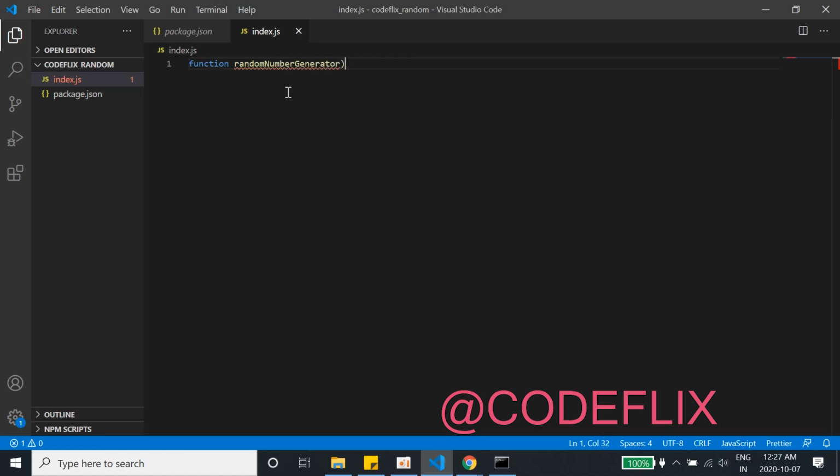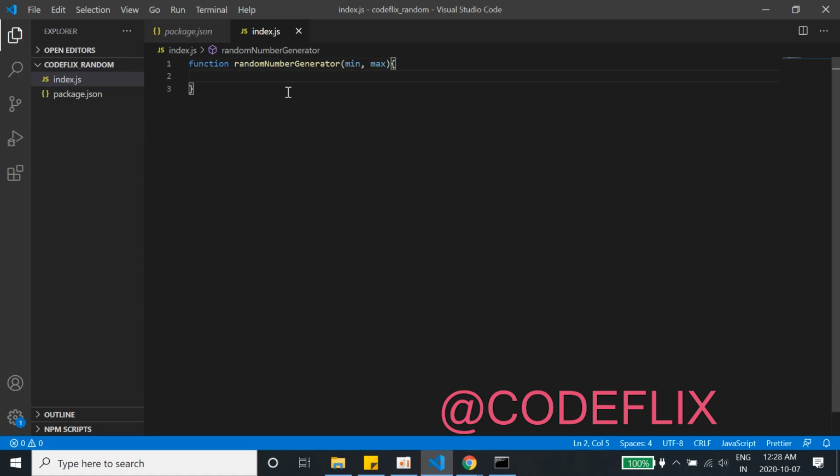Then we'll give two parameters, min and max. So let's say if the user passes 0 as the minimum and 100 as the max, then we should give random numbers between 0 and 100. If minimum is 10 and max is 20, it should give us a number between 10 and 20.